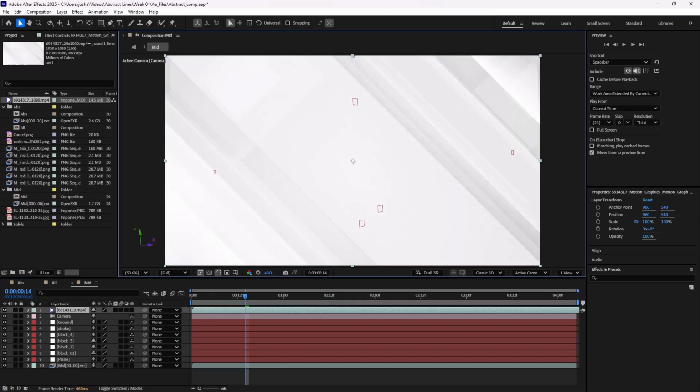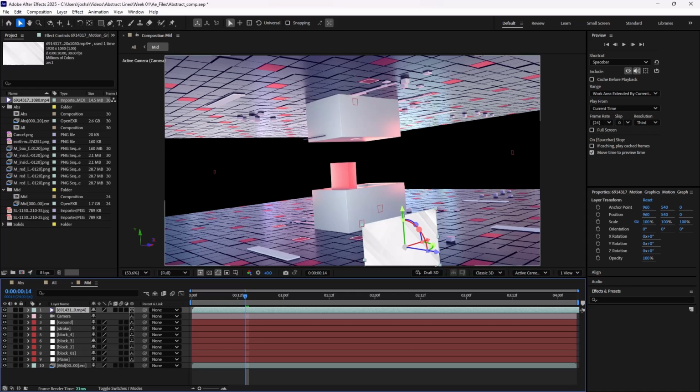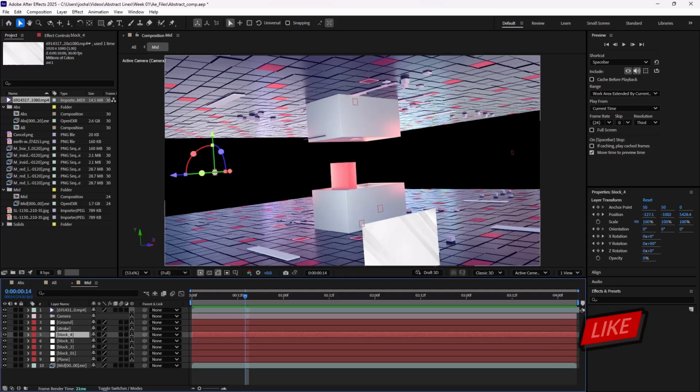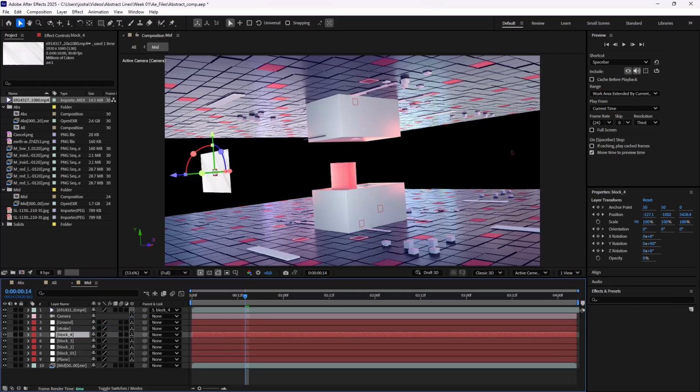So with this selected, I'll make it a 3D layer just by clicking here. With this, I'll make sure that I send this guy to fit up on the track data that we've imported. So with block 4, which is the guy at the far edge here, I'll hold shift, click on the parent and drag to block 4. Immediately we do that, you can see that the video we've just imported has gone to where the block 4 track